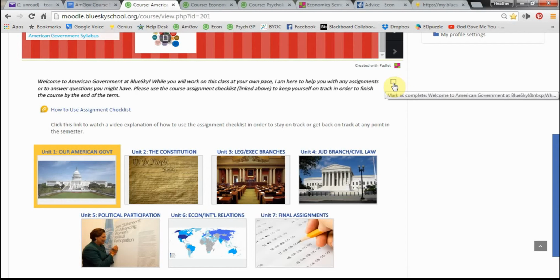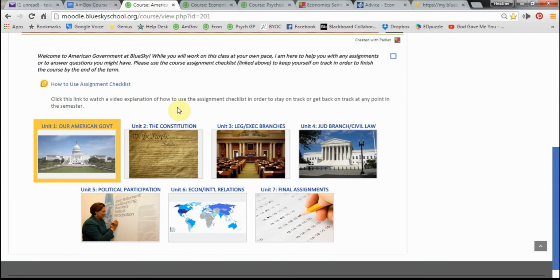You can click on any checkbox that has a solid line around it. That allows you to check off that item once you've read it or completed it, so you know that you've taken care of anything here. If I add another, maybe an announcement here or another document or something, you'll be able to check off that you've read through it. If it is a dashed line, then the computer will automatically put a check mark in it when you have received a grade for that assignment. So for example,